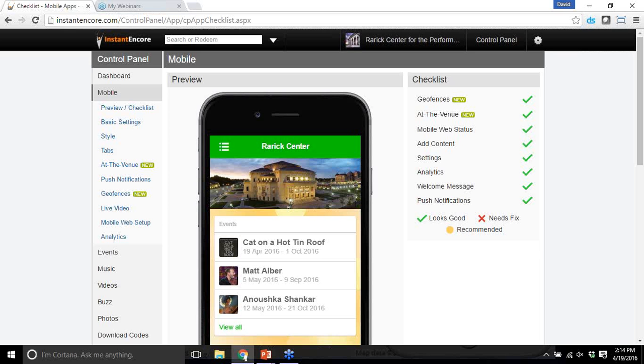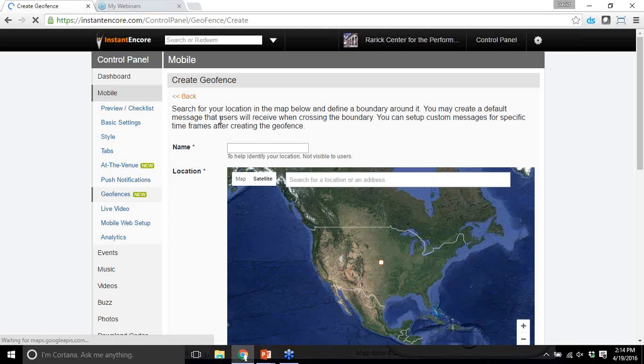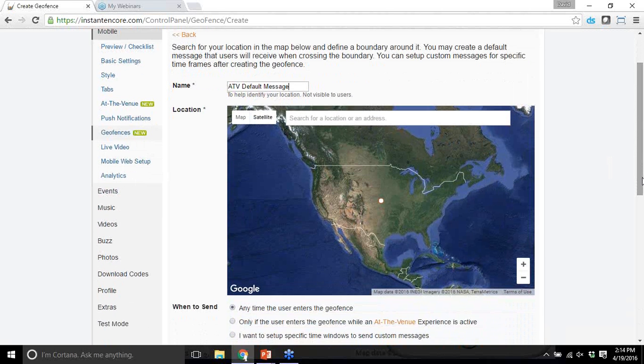So when you come into the control panel, you'll see that there's some areas that are obviously highlighted with new over here. And since I just finished talking about geofences, I'm going to go ahead and start there. So with geofences, you can simply go into Create, and it will ask you to establish a name for your geofence. So for this one, I'm going to say ATV default message. So I want to create a message that will be delivered to my patrons when they arrive at the venue